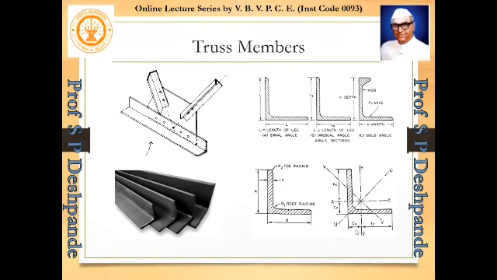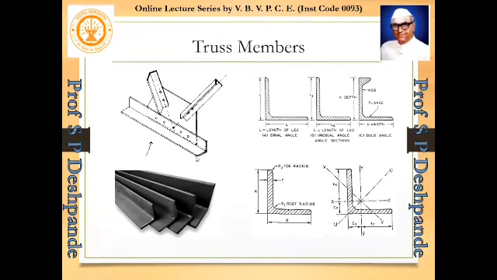So the IS handbook will give you the value of CY. You can see here CY means X bar, the Y axis position. CX means Y bar, that is the X axis position. It will give you the moment of inertia about the X axis and about the Y axis. Then these angular axes are called the U axis and V axis. In case of an angle, these are the axes where you get maximum and minimum moment of inertia.